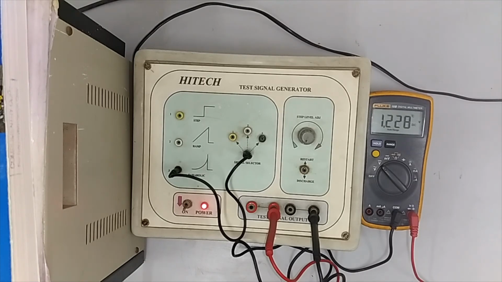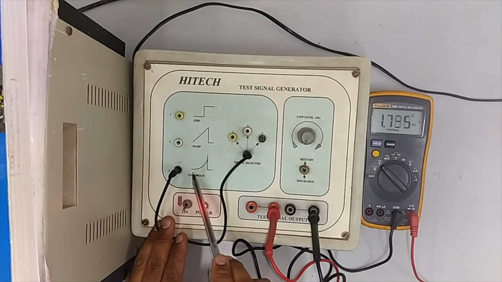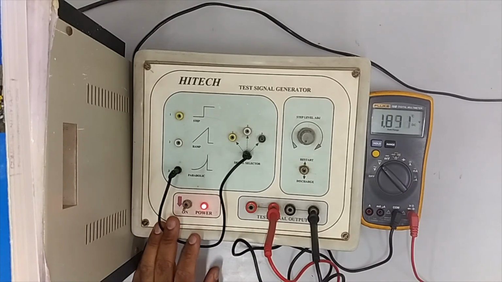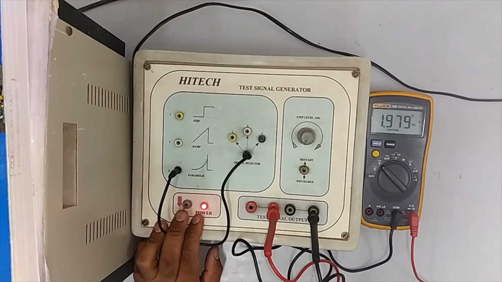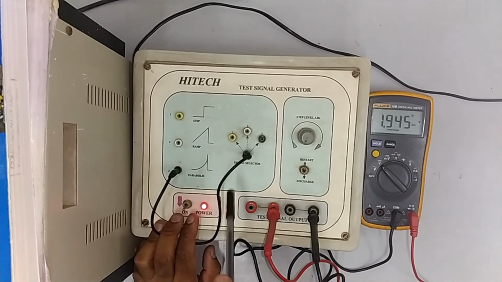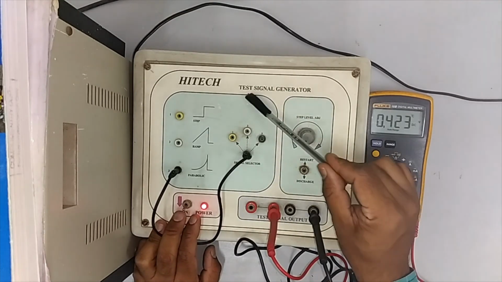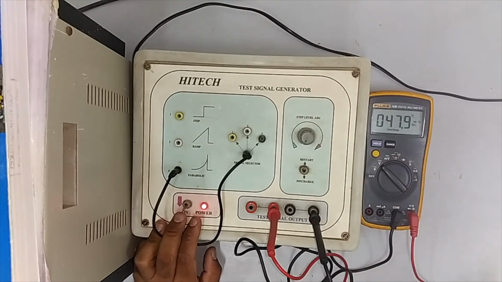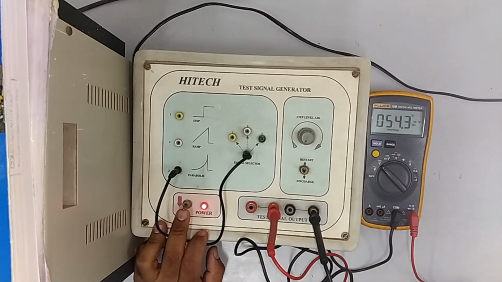Okay, so why it is happening like this? Because our parabolic equation is At square by 2, so it will be like this. So if I am drawing this, done. So you have to take the reading. Although I will provide you, you just re-watch the video so you can see clearly. Okay, so this is regarding your second experiment, test signal generator. First, second and third we have taken in the output. Thank you.